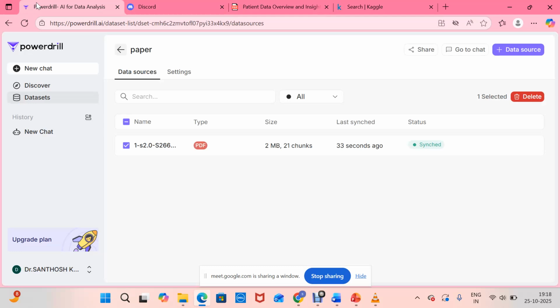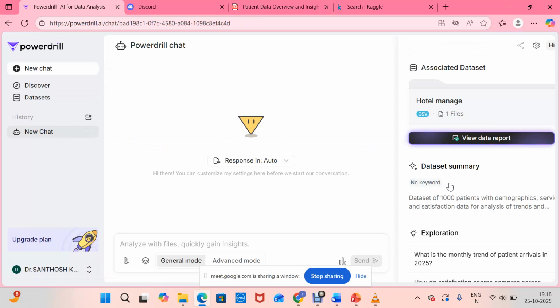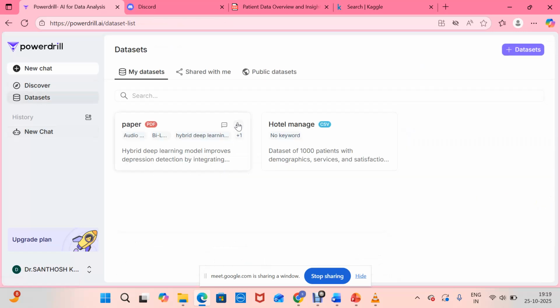PowerDrill is only an analysis tool, sir. Got the point, sir? Okay, sir. Even if you have your own datasets, you can use them with PowerDrill, sir. No issues. It will work. Okay, I will just try it out for one of the PDFs I have uploaded. This is the paper.